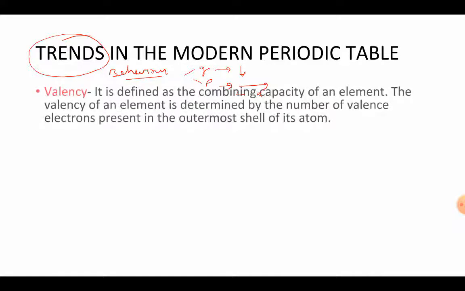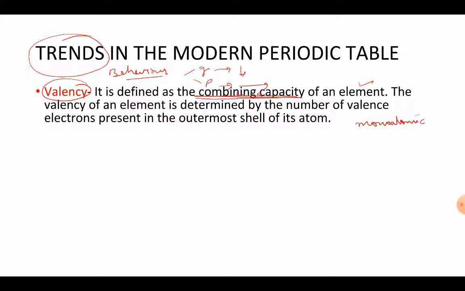The very first property is the valency, and the second property is also related to this property, that is the valence electrons. Now whenever we talk about valency, what do we mean by valency? Valency tells us about the combining capacity of an element. Now what do we mean by the combining capacity? If we know about the valency of that element, we get to know whether that particular element will combine or not, and if it is combining, with how many monoatomic atoms will it combine.